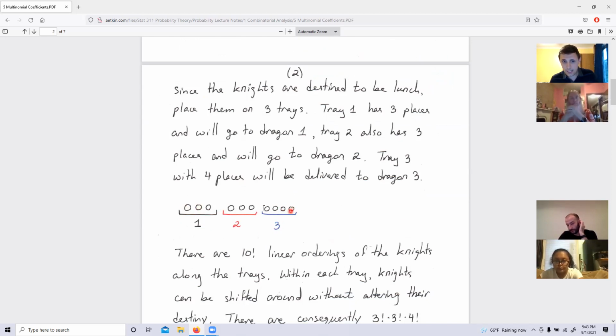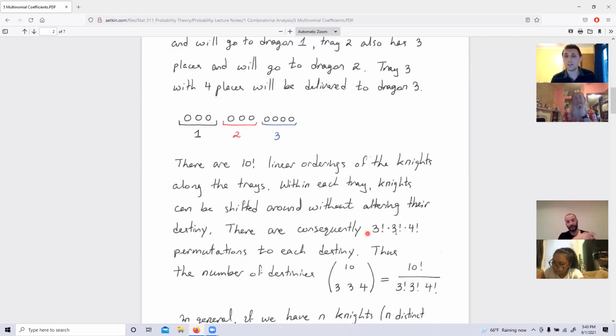If I arrange all the 10 knights, there are 10 factorial arrangements. Yes? Of those arrangements, you can move around knights in the first plate without changing anything, move the knights in the second plate without changing anything, and move the knights in the third plate without changing a single thing. So altogether, there are 3 factorial, 3 factorial, 4 factorial rearrangements that do not change anything,